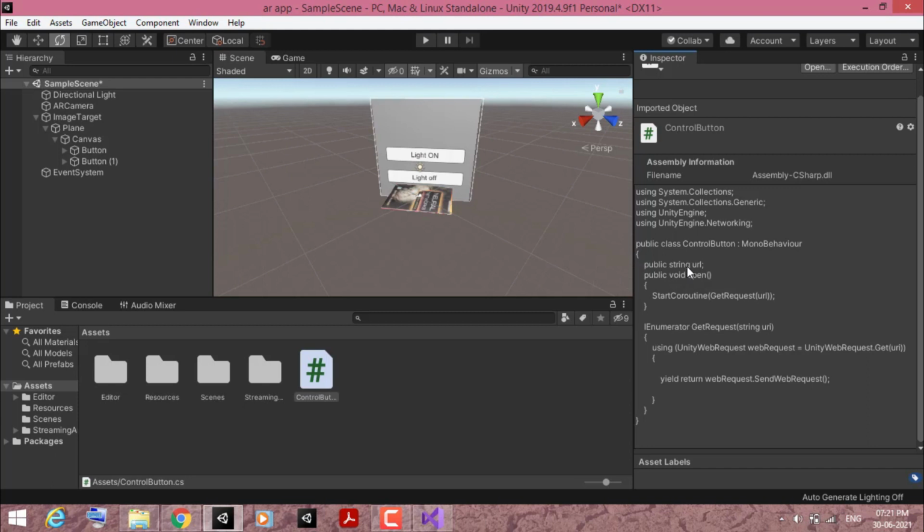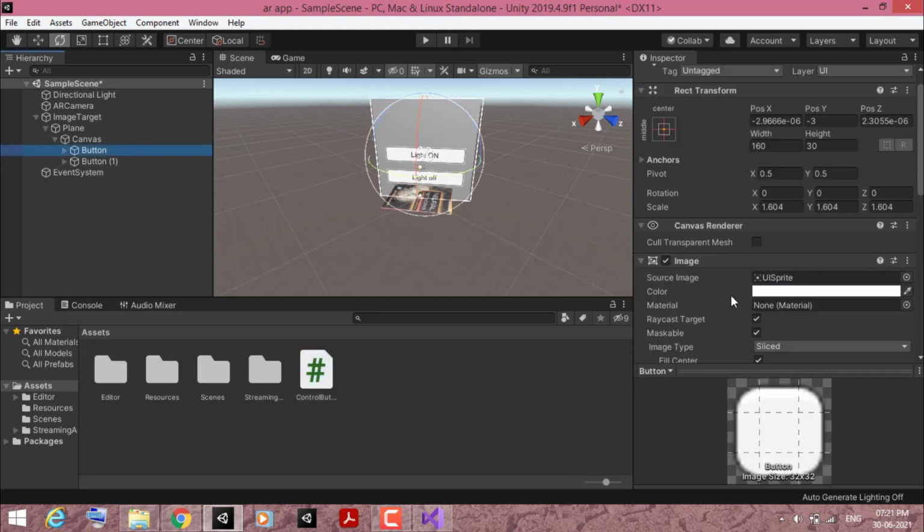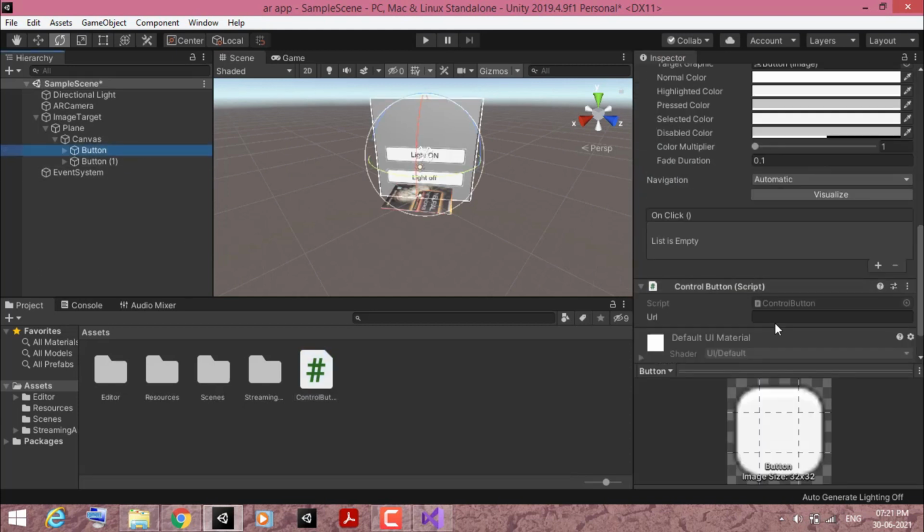I made URL public so that it gives me the flexibility to provide a URL inside Unity. Otherwise, I would have to go back inside the programming editor, paste that URL, press Ctrl S to save, and then come back inside Unity.